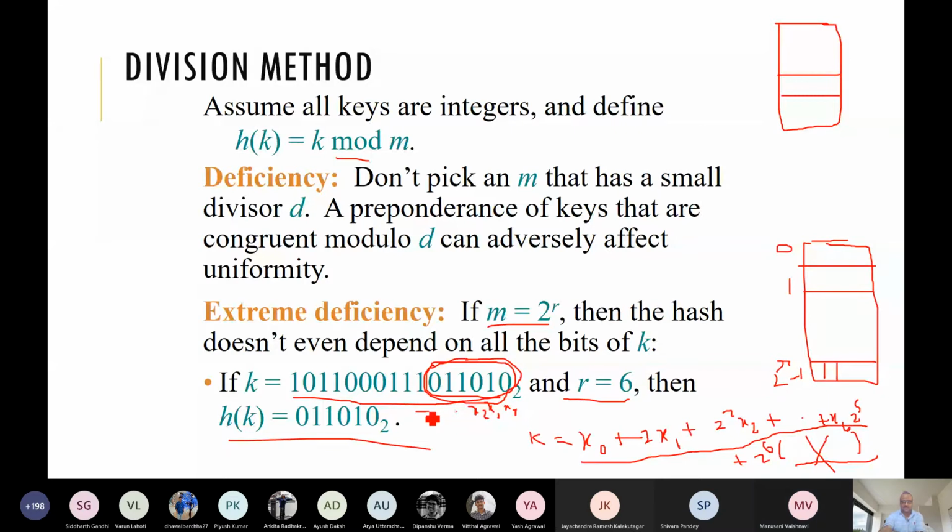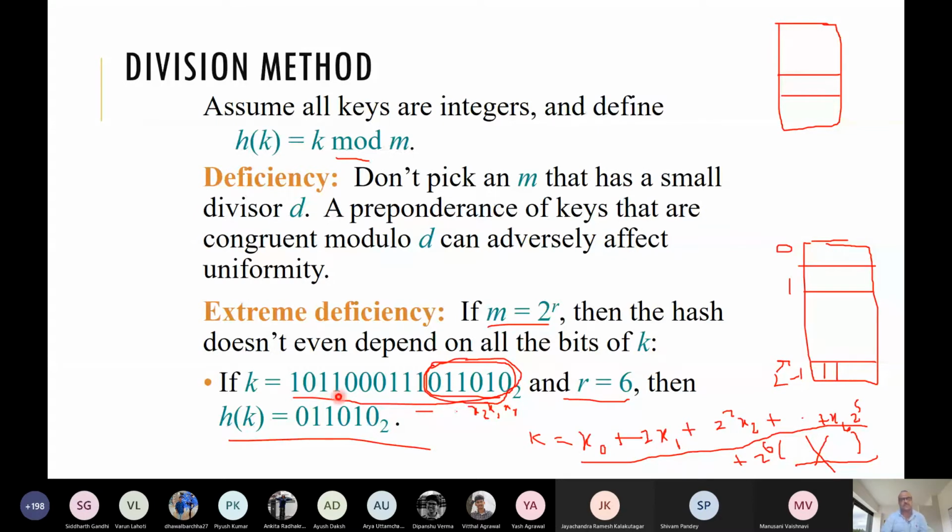So that means if we fix the last r bits, and change the other bits, they are all mapped to the same slot. How many bits are there? L minus r, so this is a huge number. If we fix the last r bits and change any of the bits over here, they all map to the same slot.